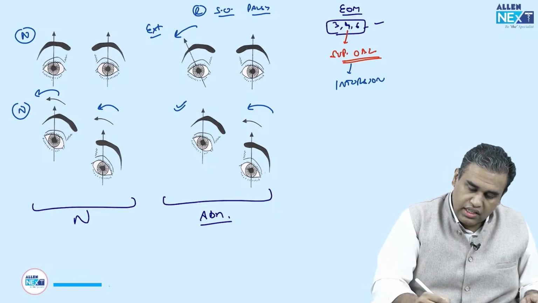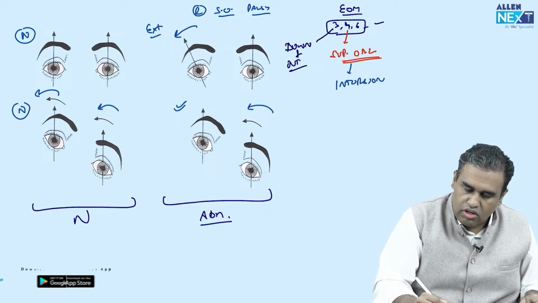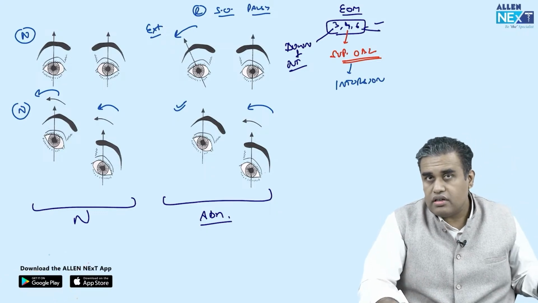थर्ड नर्व पैल्सी में क्या होता है, रिवीजन करते हैं, यहाँ पे आईज मूव डाउन एंड आउट, डाउन एंड आउट। सिक्स नर्व पैल्सी में ऑब्वियसली लेटरल स्क्विंट, लेटरल मतलब